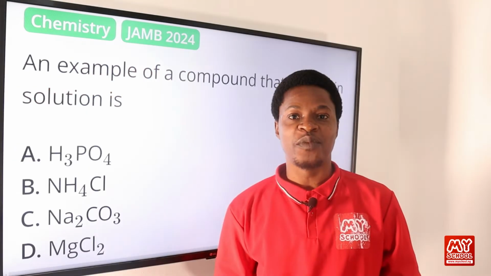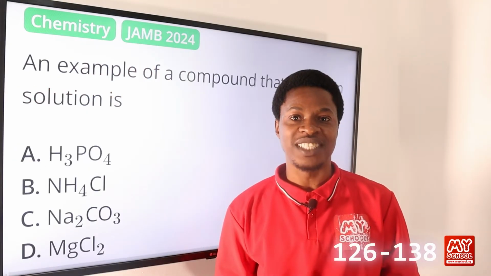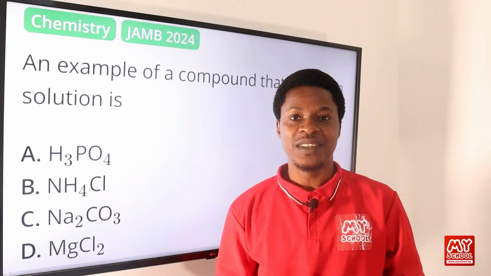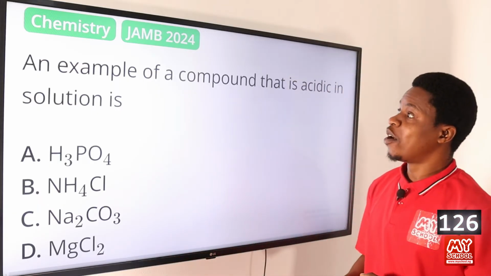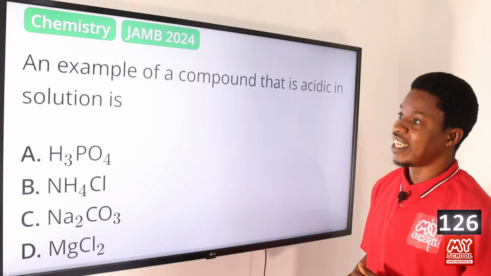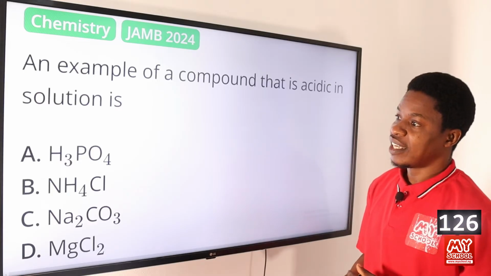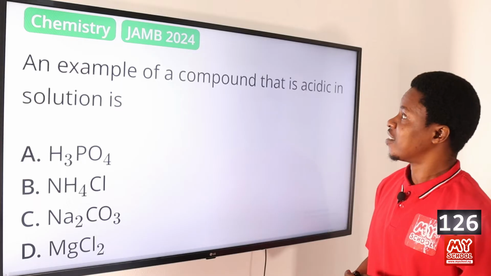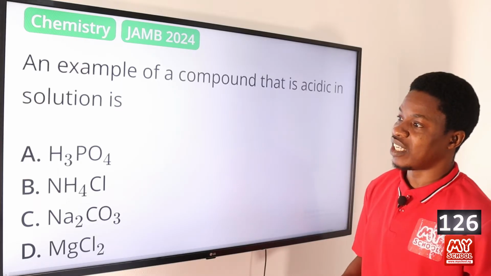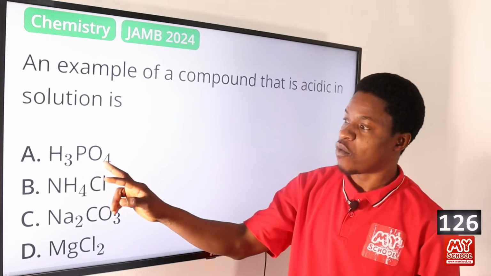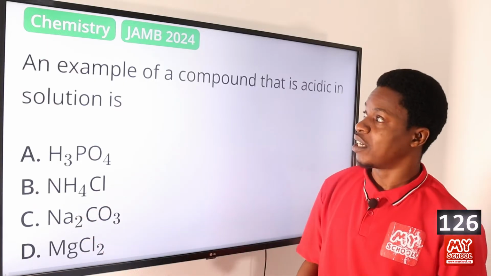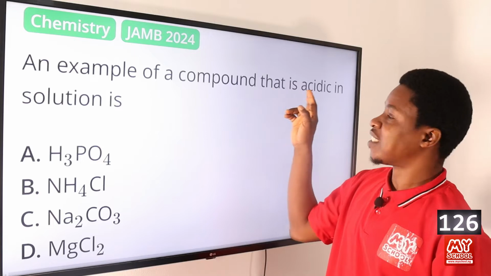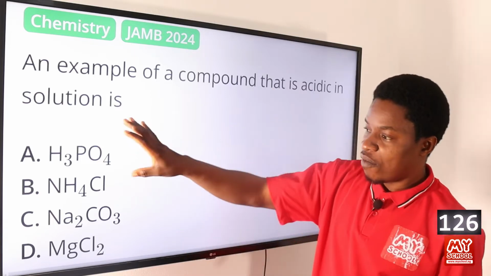In today's video, we'll be tackling question 126 to 138. Now, let's get down to question 126. An example of a compound that is acidic in solution is: H3PO4, NH4Cl, Na2CO3, MgCl2. When we are talking about a compound that is acidic, it means that all of these